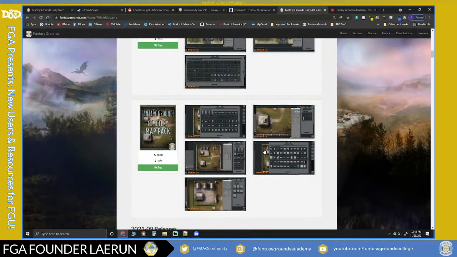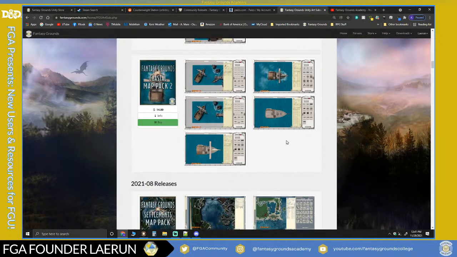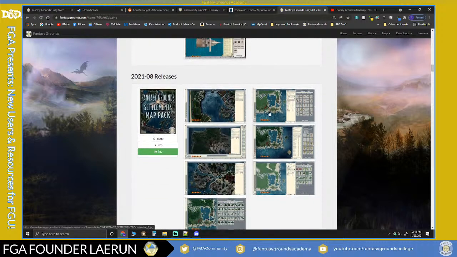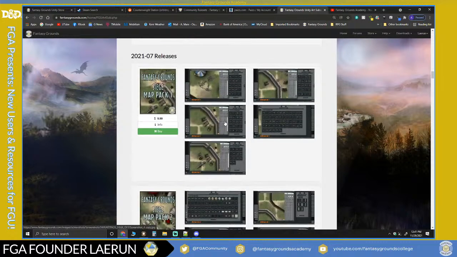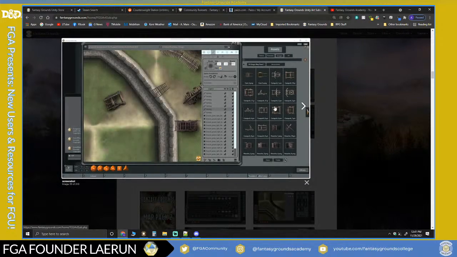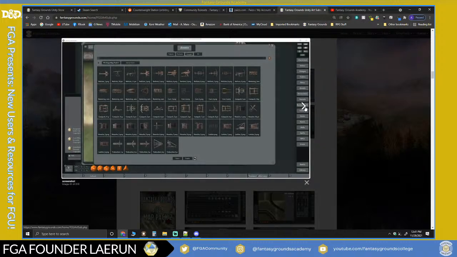Or you can always bring in your own assets. But this makes it a little bit more efficient and less heavy on your memory. So that's why I recommend this. Otherwise, you just bring in your own stuff. So here's the Siege pack, where you can have siege engines, different varieties of them, ballista, and looks like a trebuchet and those sort of things.